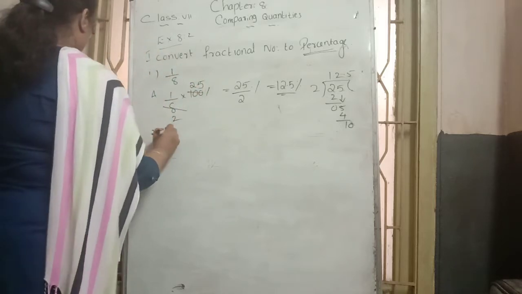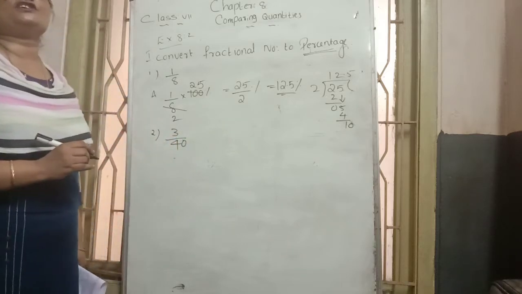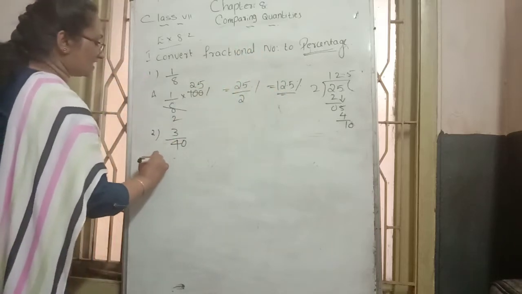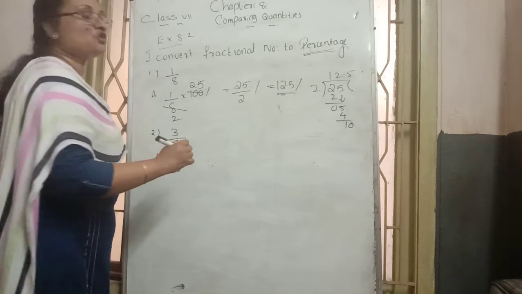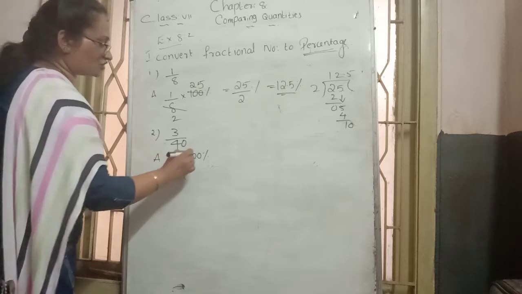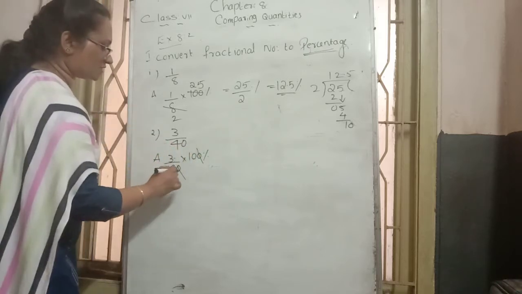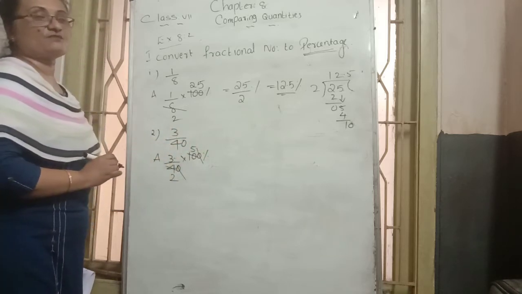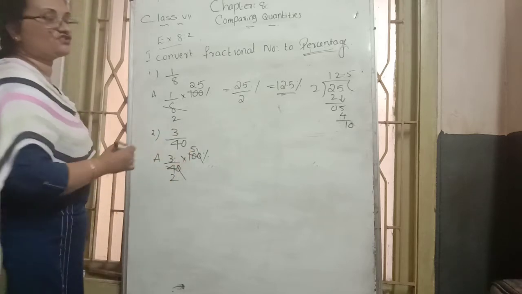One more question. Convert 3 by 40, a fractional number, to a percentage. How to convert 3 by 40 is what we want to do. How to convert to percentage? Always we want to multiply with 100%. 0 and 0 cancel. Which table? 4 and 10 directly not possible. 2 table: 4 is 2 times, 10 is 5 times. Directly 4 table not possible. Again cancellation straight-wise not possible, cross-wise not possible.